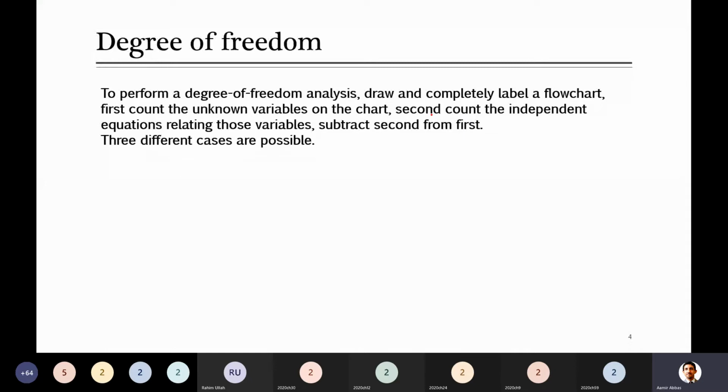When we perform the degree of freedom analysis, usually you draw and completely label a chart. This is from step 3, where you draw a boundary, write the variables which are known and unknown, and try to eliminate a few of those. Then at the end of the day, like in the 6 steps, you look at those variables which are unknown, which you have to calculate. And secondly,